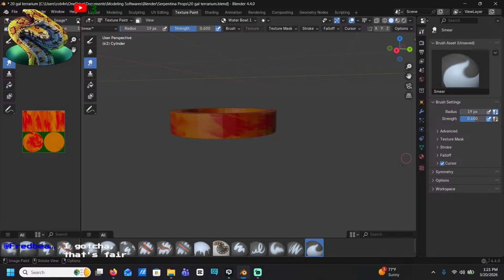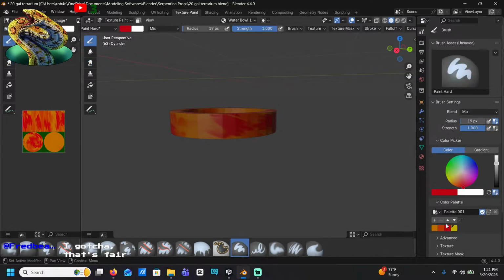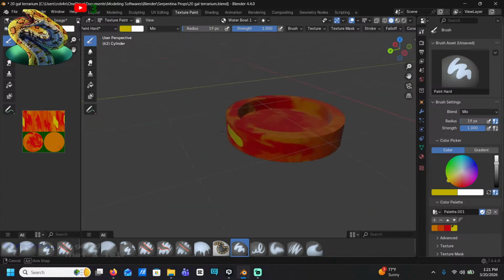Yeah, it is what it is. I go back over here and I do this yellow and I do bloop. That is still red. And I do bloop.